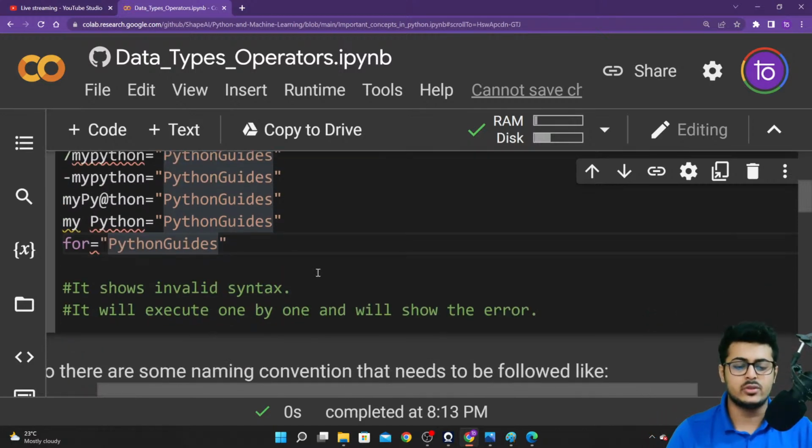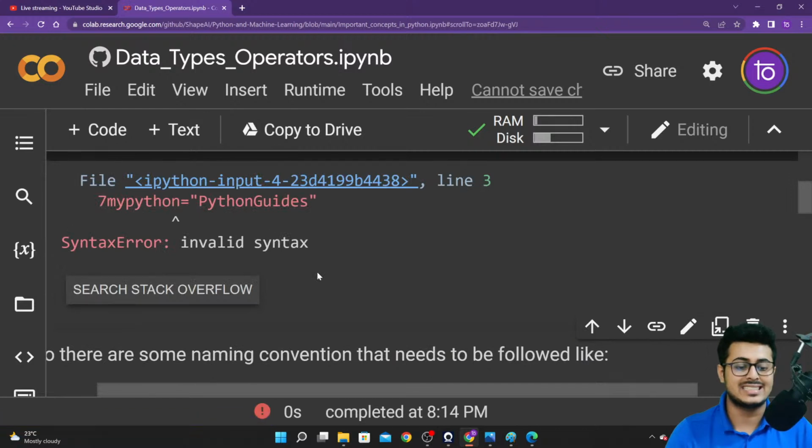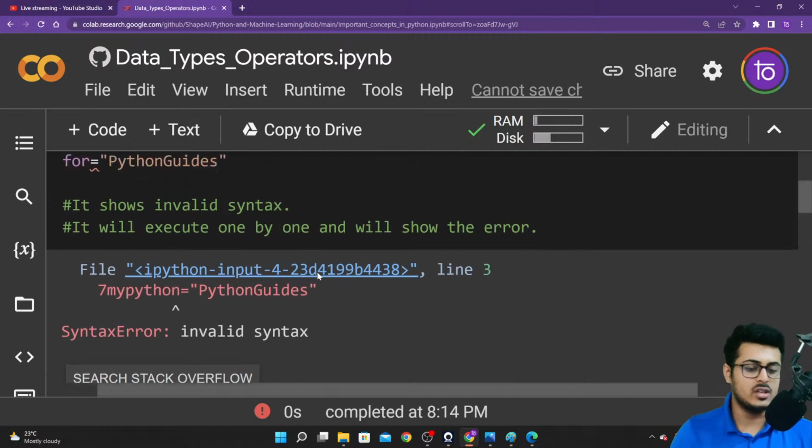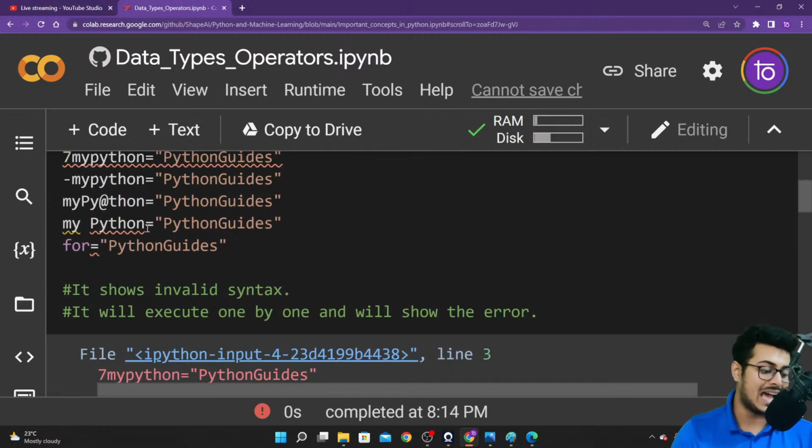If you try to run these lines of code, you will get a syntax error. What is syntax, guys? Just like in English you have grammar, some rules and regulations set up to make sure that you are writing proper English, the same thing happens in programming as well. When you are programming, if you make any type of grammatical error, that is called a syntax error. So right over here, these are all considered to be syntax errors, guys.